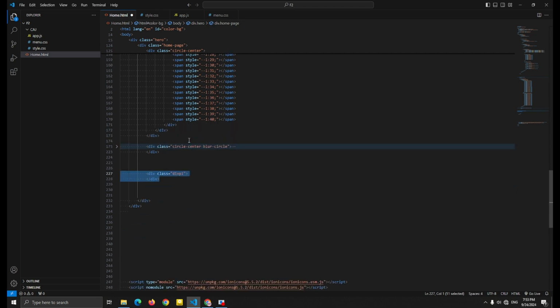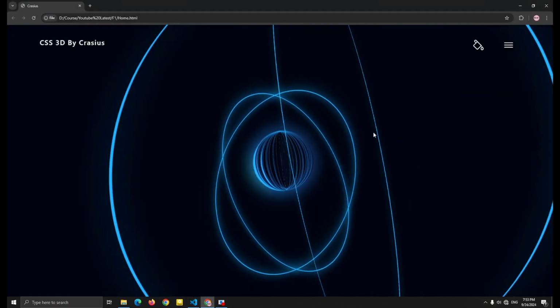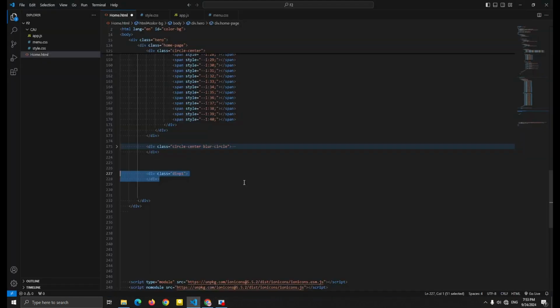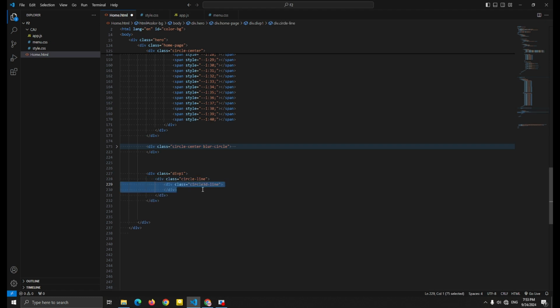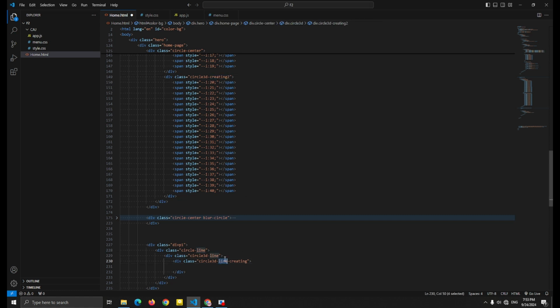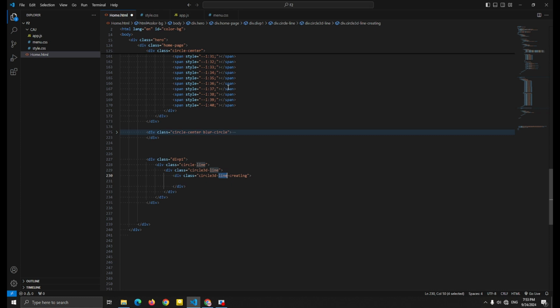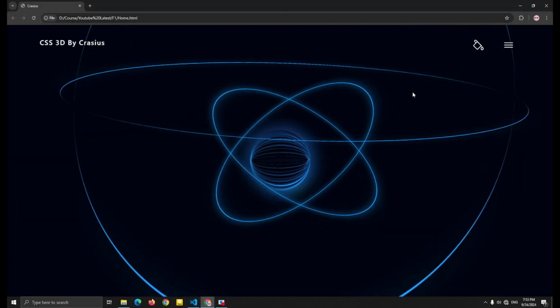Now let me just add this div for this line. As you can see it, guys. Okay, let me just add this circle 3D line, and just like we created this creating, we're just gonna add this circle 3D line creating. Okay, now inside just add 4 of this span. It's very simple, just need 4 of this. Okay, now let me just add this div 2 to just make sure to add this next one,